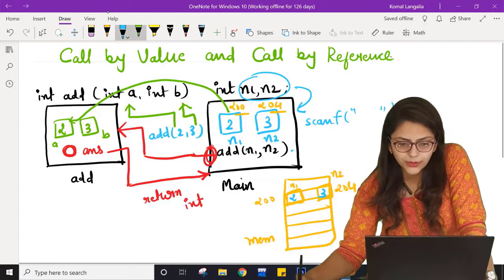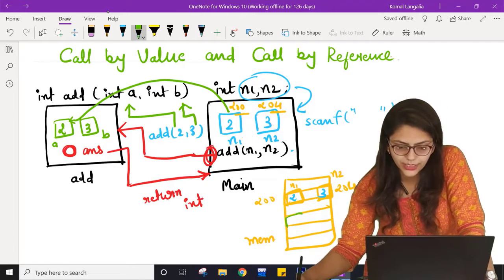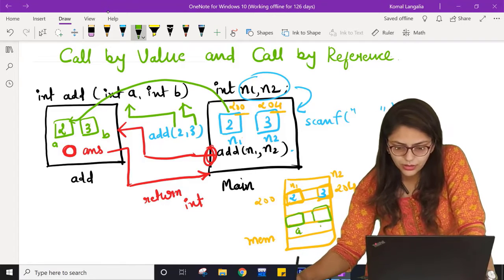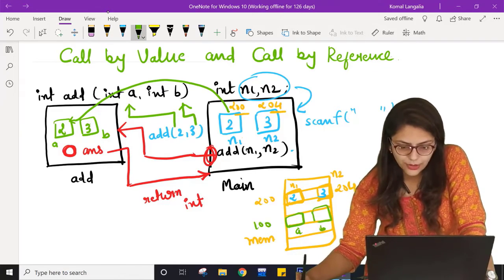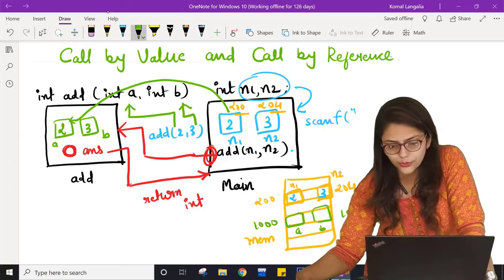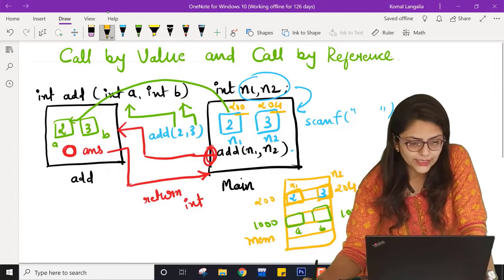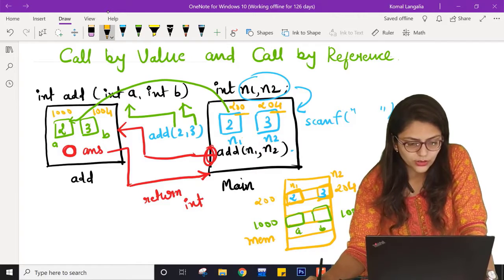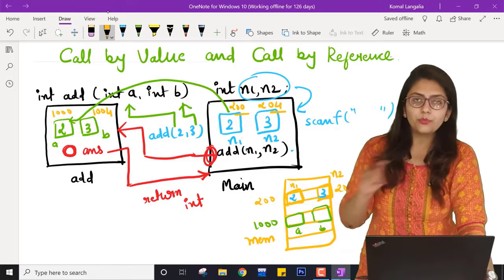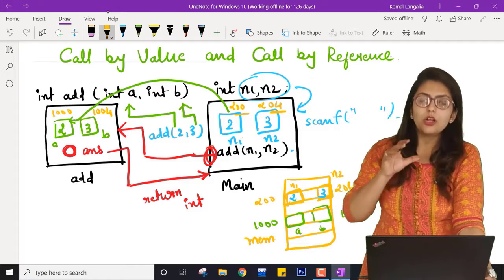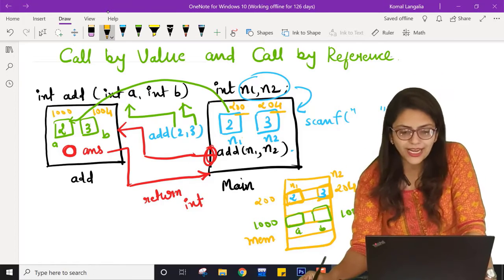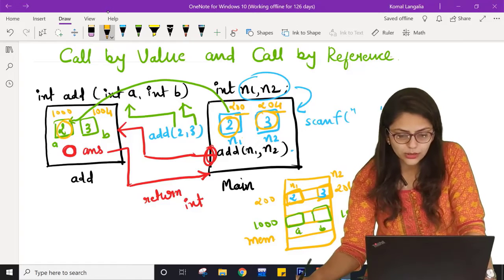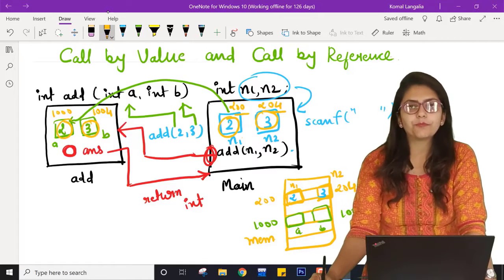Now at some other location, I am creating variable a and variable b, say at address 1000 and address 1004. So we know that these are different variables, different memory locations, and I am copying this value to this one and this value to that one, right?